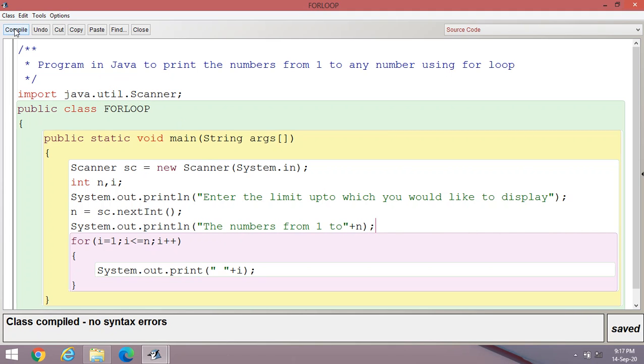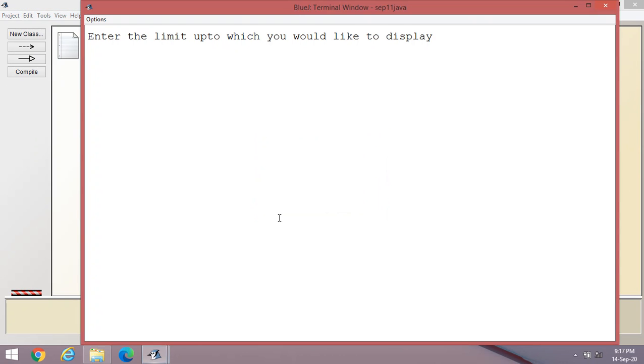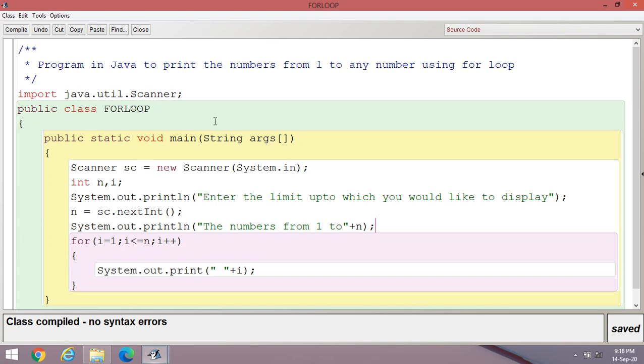Now execute the program and check the output. Suppose I enter 5 here, the numbers from 1 to 5. You can place some space here. Now compile the program.